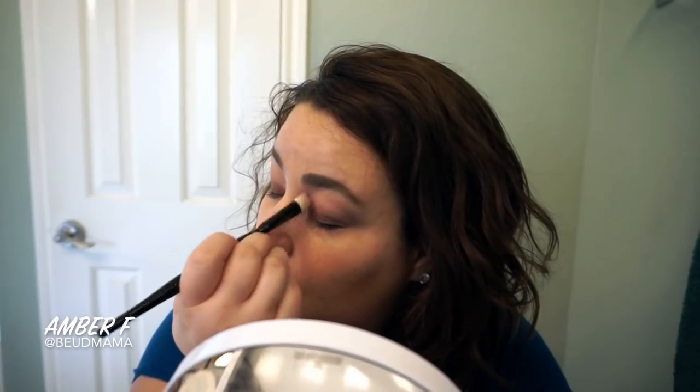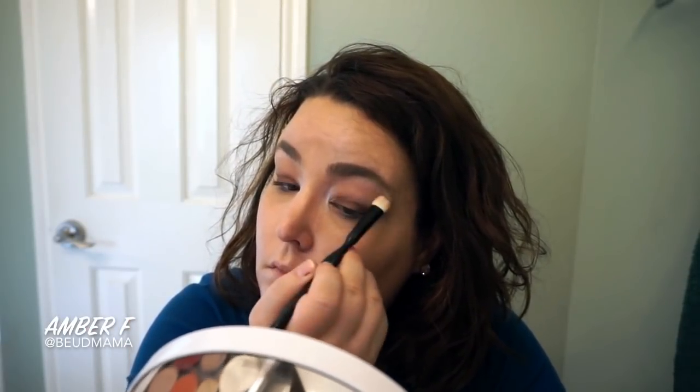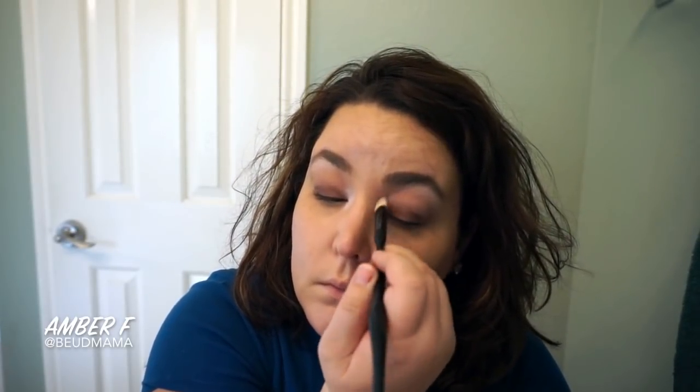So if you want pretty much the same effect, if you don't like the glitter, what I would do with Champagne Truffle is dust it a couple of times into the palette, knock off that excess glitter, and apply it to your eyes to get a really pretty baby pink shade to give your look a subtle glow. Like I said, just really pretty, feminine, soft, and fun. Champagne Truffle works beautifully on the eyes. And that's why I was so excited when I found that Bare Minerals shade as I shot my stash, because I was like, yes, I can still enjoy the glow and prettiness of that shadow and keep moving through